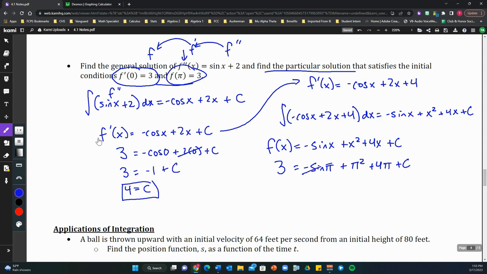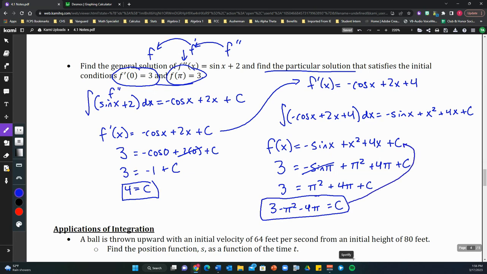But sine of pi is 0, so at least that guy drops out. So we're left with 3 equals pi squared plus 4 pi plus c. So to solve for c, I actually have to subtract both of these guys. So we just end up getting 3 minus pi squared minus 4 pi equals c. Like I said, that's not a pretty value for this c, but to really write out the particular solution, we have to rewrite this f of x with that guy in there. So we would end up with f of x equals negative sine of x plus x squared plus 4x plus